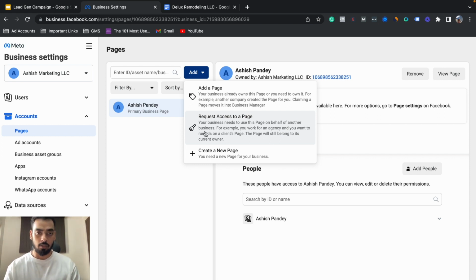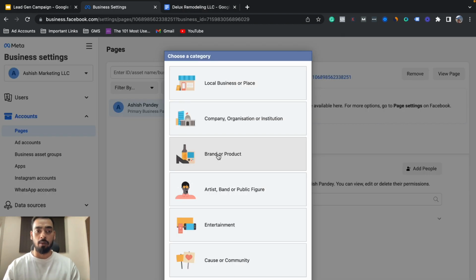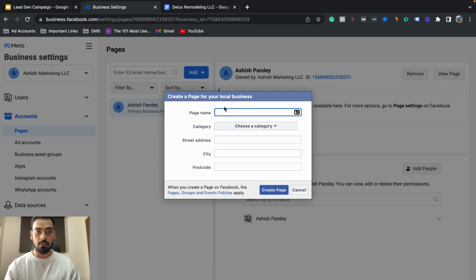for your client. Okay, so I don't have any page, or I don't have any client at this moment for this kitchen remodeling. So I'm going to create a new page just to show you guys how easy it is to create a page and how easy it is to set up their campaigns in that page. Okay, so local businesses or place, page name, I can just name it Deluxe